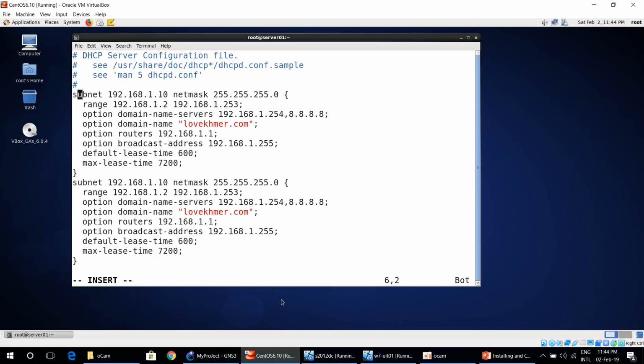Oh, sorry, this one is incorrect. Our network is .1.0, not 10. Okay, this one. Next subnet .2.0. Okay, and net mask the same, and IP range we edit like this. Okay, default gateway, DNS server address the same, local domain the same, default gateway we need to edit to 2.1, and broadcast address like this. Okay, so we already declare two subnets for two different DHCP clients,